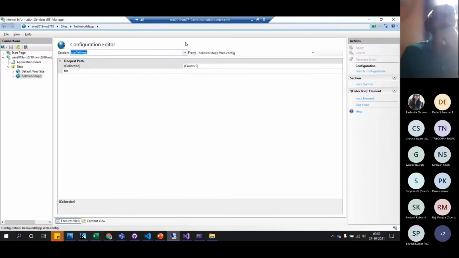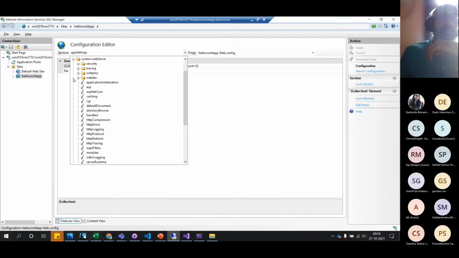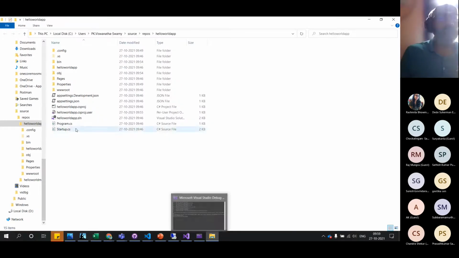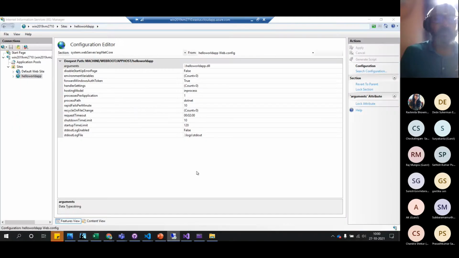double click on that, and app settings, we don't have anything in the app settings. You can come to system.webServer and aspNetCore. So whatever web config you have seen, that is getting translated like this. It says the arguments is this, the hosting model is in process, and the process path, same thing which we have seen, isn't it, somewhere just now,